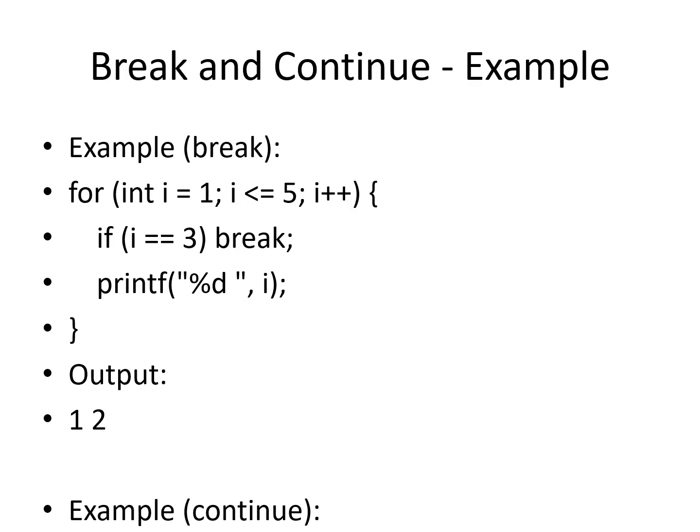So what is the use of break and continue? For example, if we want to break this for loop: for i equal to 1, i is less than or equal to 5, i plus plus. If i equal to 3, then break this loop. So this will print only 1 and 2. When it reaches 3, it will break the loop. So if you want to break the loop in the middle of its execution, or under some condition, for that we use the break statement. And an example of continue is that